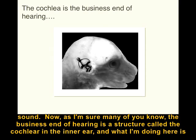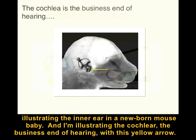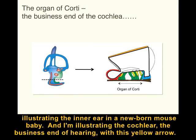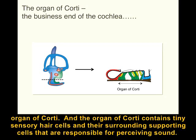Now, as I'm sure many of you know, the business end of hearing is a structure called the cochlea in the inner ear. And what I'm doing here is illustrating the inner ear in a newborn mouse baby. And I'm illustrating the cochlea, the business end of hearing, with this yellow arrow. If we look inside the cochlea and cut a slice through it, the business end of the cochlea that actually does the hearing is a structure called the organ of Corti. And the organ of Corti contains tiny sensory hair cells and their surrounding supporting cells that are responsible for perceiving